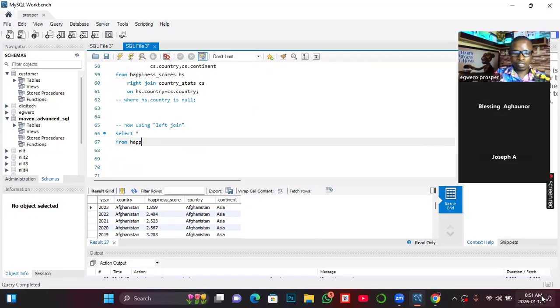We did happiness underscore source, and then we now do right join country, right join country underscore stuff. Then just to specify the condition,